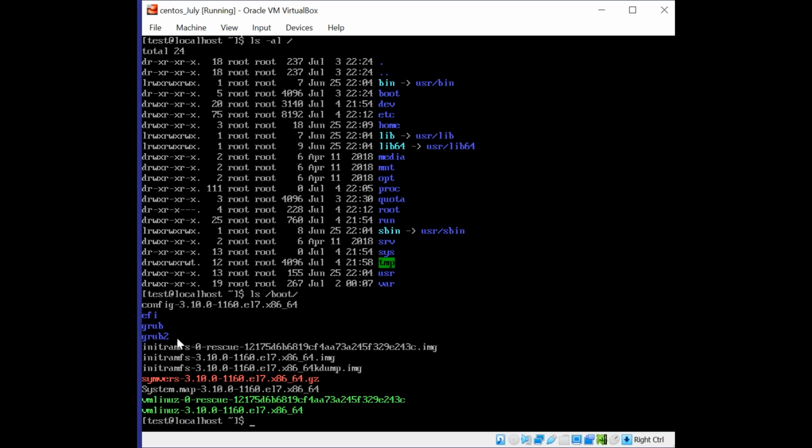You can see EFI, grub2, initramfs and vmlinuz. Initramfs is a file system image which is supposed to get loaded whenever you turn on the system, and vmlinuz is the binary of your compiled kernel. So if somebody asks, you should be able to say what the difference is between vmlinuz and initramfs. And System.map file is